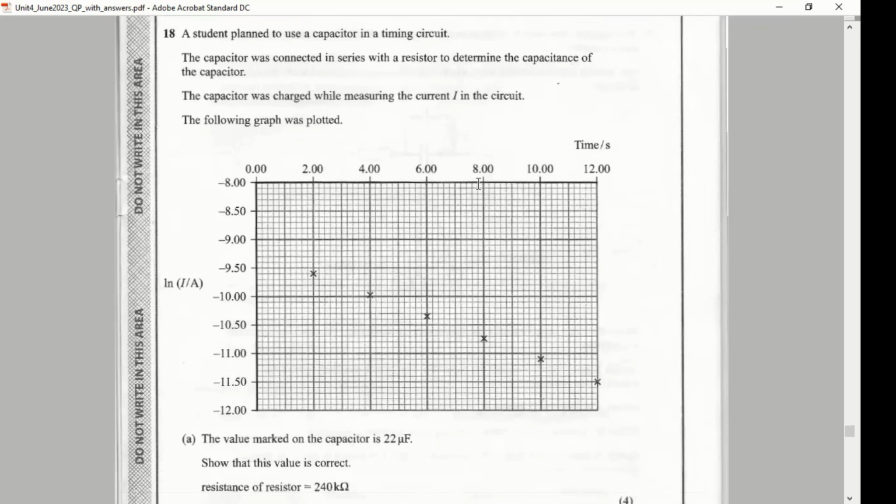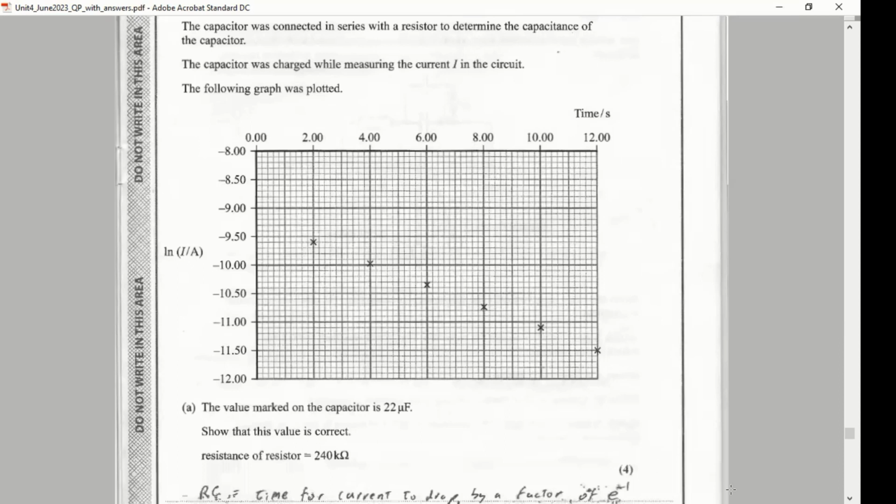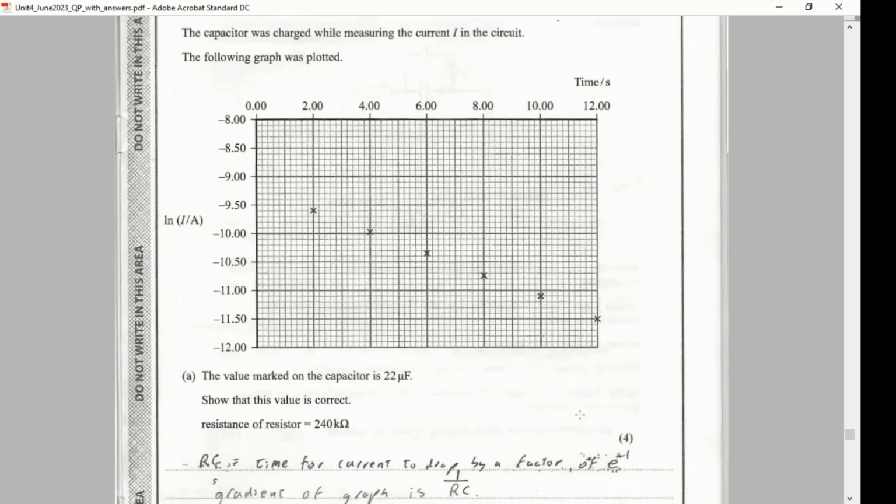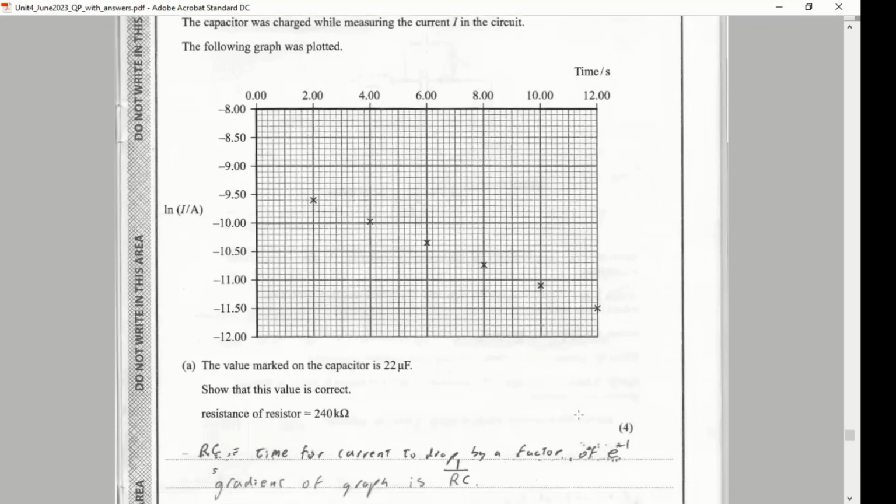The value marked on the capacitor is 22 microfarads. Show that this value is correct. Resistance of resistor is 240 kiloohms. So the way that you go into this is you need to realize that because they've LN'd the current, the time for the current to drop by a factor of e to the minus 1, or alternatively, the time for the current to drop by a factor of 1 on this graph